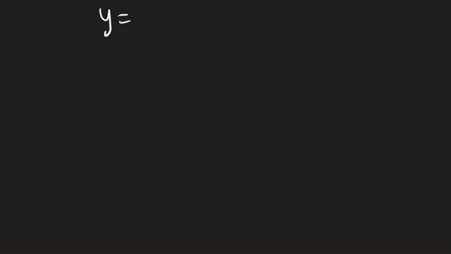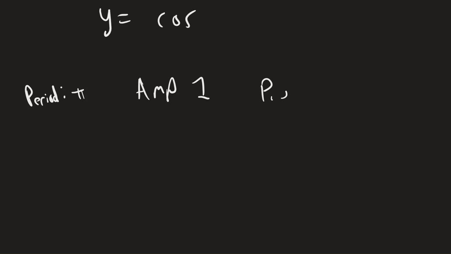So this question's a little bit backwards from the previous questions, and it's asking us to come up with an equation with certain characteristics instead of us getting an equation and asking what the characteristics are. So it looks like from the directions we need to come up with a cosine curve that has a period of pi and amplitude of 1, a phase shift that is left